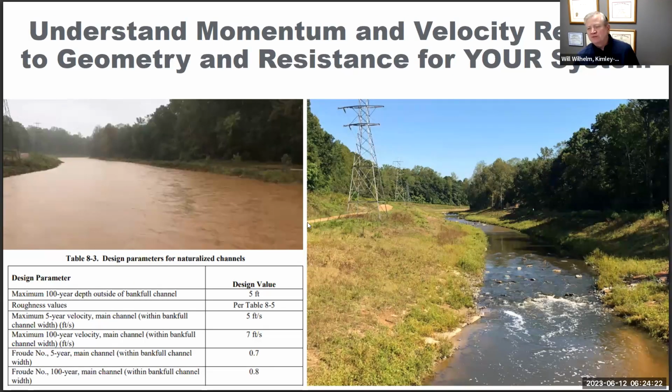So understanding momentum, velocity relative to geometry, and resistance for your system. If we're doing a threshold design, then we're probably looking at what's our range of velocity and shear stress and Froude numbers that we can work in to be stable. And we'll get lazy, I wouldn't say lazy, but we're just taught this way as engineers, we'll pull a lot of these from